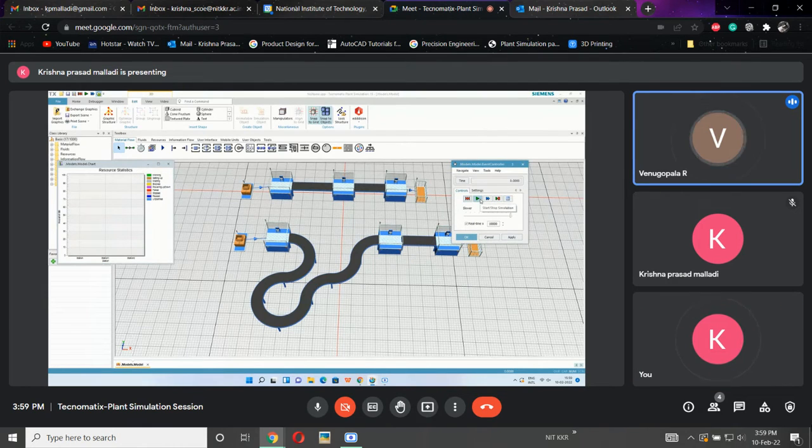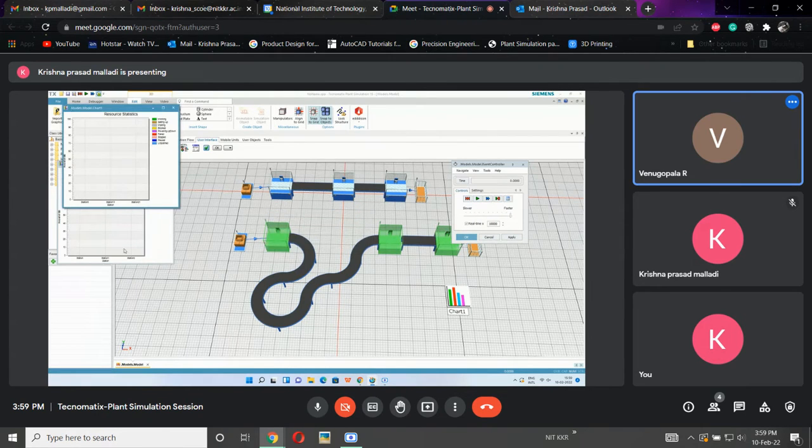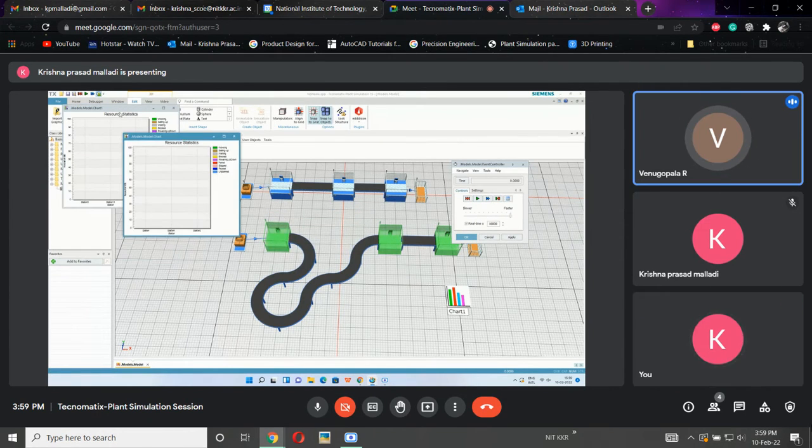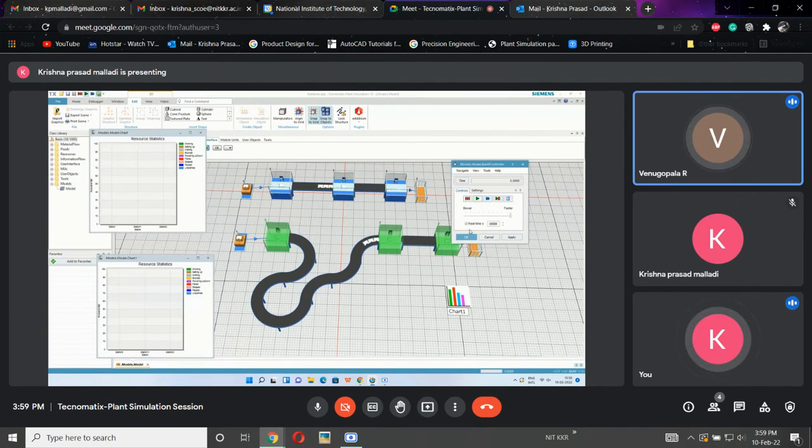Now I am importing another chart. Now there are two charts. This is for the first process and this is for the second process. If I reset the simulation,